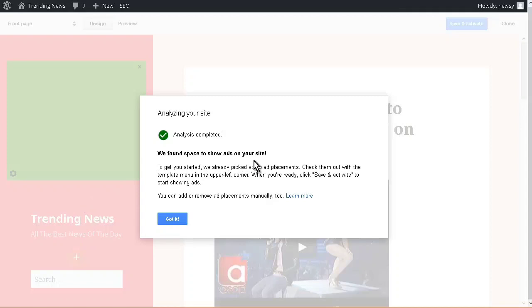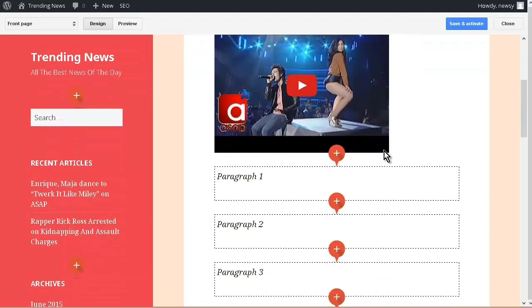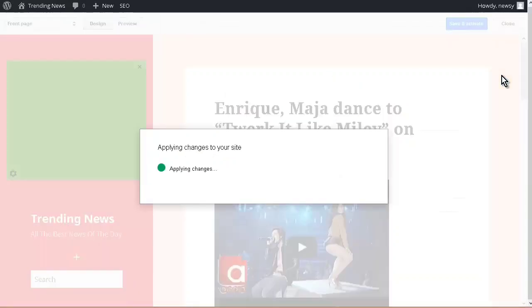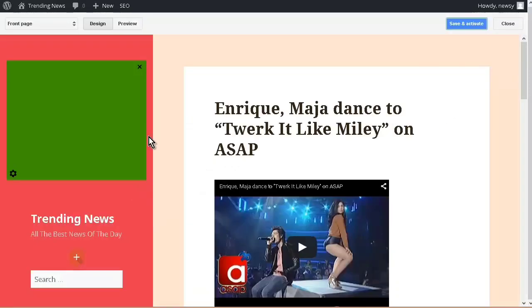Okay, so it says analysis complete, and it found space to show ads. So let's click got it. Okay, so it's showing you it's going to put an ad here. And okay, so if we're happy with all that, let's just save. So ads are saved and activated, and if we now refresh